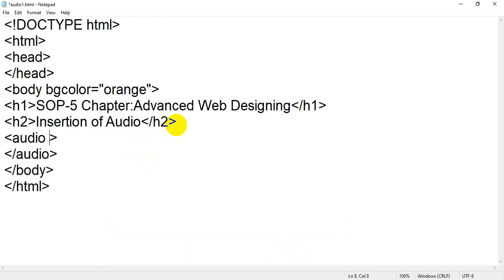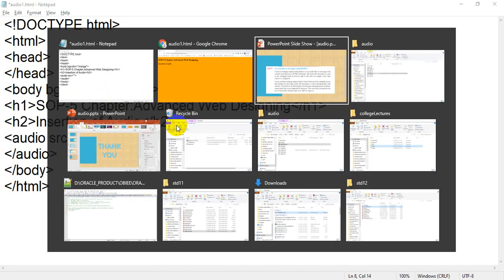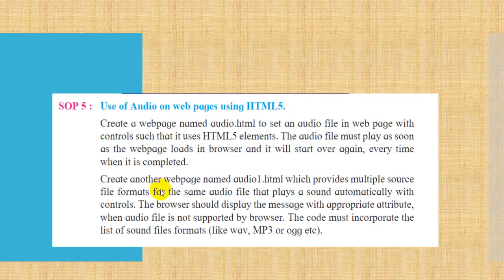Initially I was writing src equal to, and inside that, in our first section, we created it in this manner. But in this case, what is written in the question, again read out: create another web page named audio1.html which provides multiple sources.